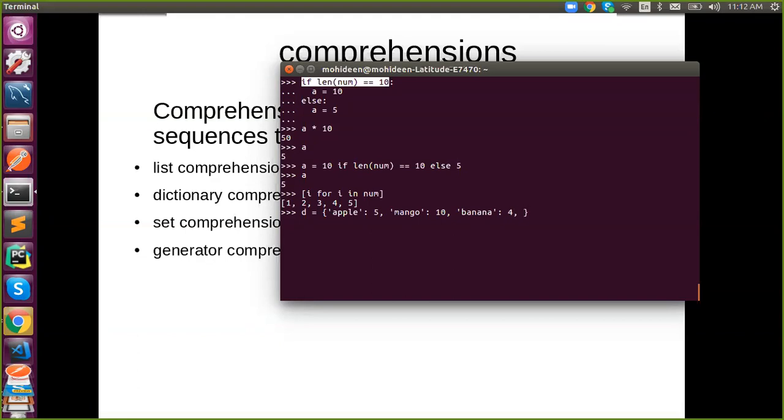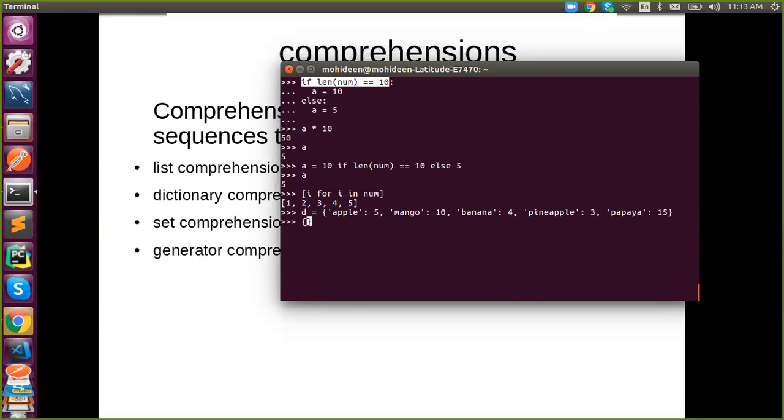How can we sort this out using a comprehension? My condition is, if a fruit's stock is less than 10, we need to fetch it into a list. Writing a for loop inside a data type is called the corresponding comprehension.